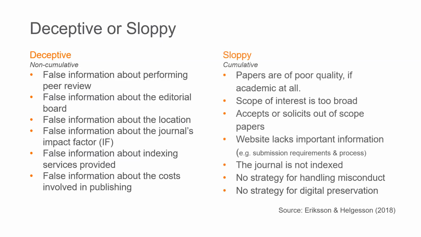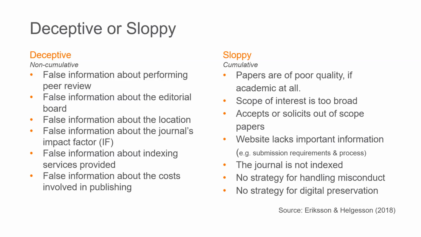On the other hand, we keep in mind that not all journals have the same resources, and some of them might just not have the capabilities or the experience to put out a super duper journal. So you might see some of these characteristics on these websites, but if they are non-cumulative, so if only one, for example the journal is too broad in its scope, that doesn't mean it is predatory. It probably just means that the journal doesn't have a lot of resources. It's not very experienced, right?